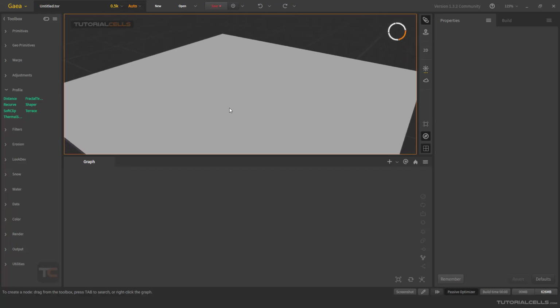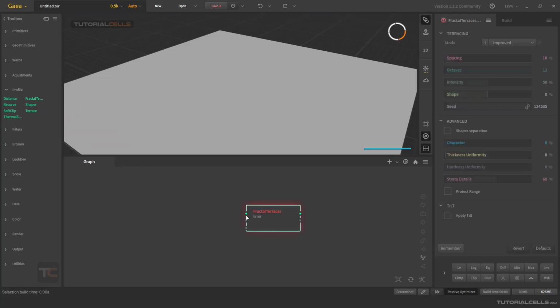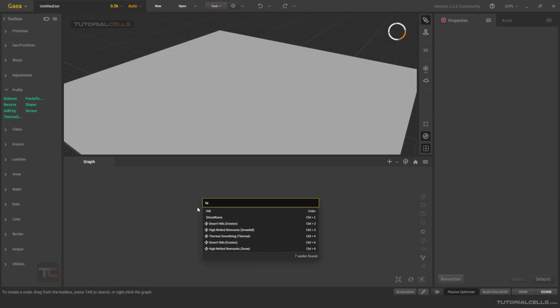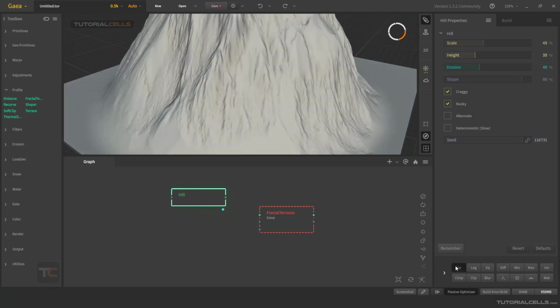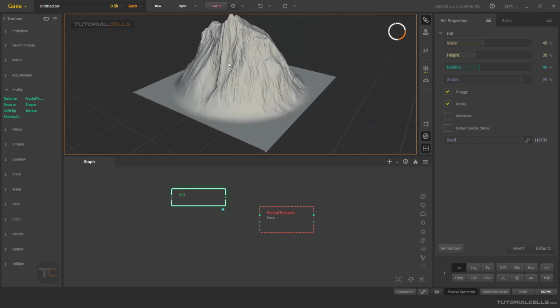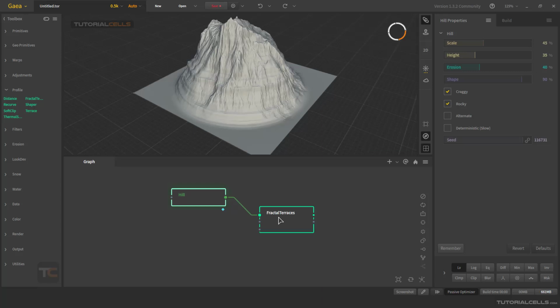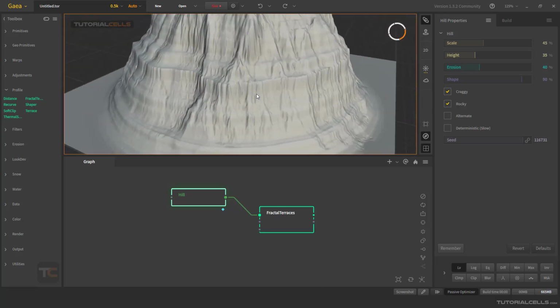Another interesting node that creates terraces for us is Fractal Terraces, and it creates terraces from other nodes. For example, a hill. To better understand, I insert a hill. This is our hill. Change it to the auto level to better see the terraces. Then connect the output of that to the input of the Fractal Terraces, and now you can see terraces or